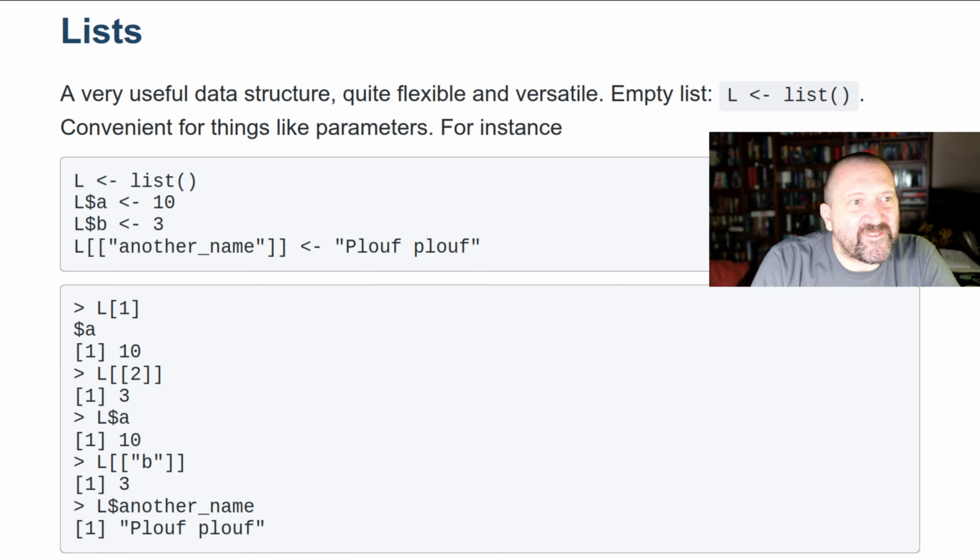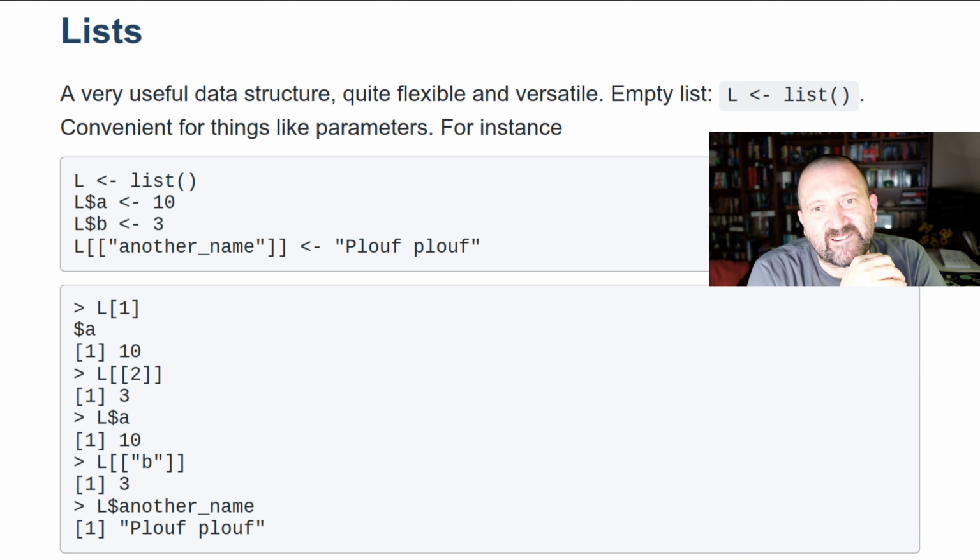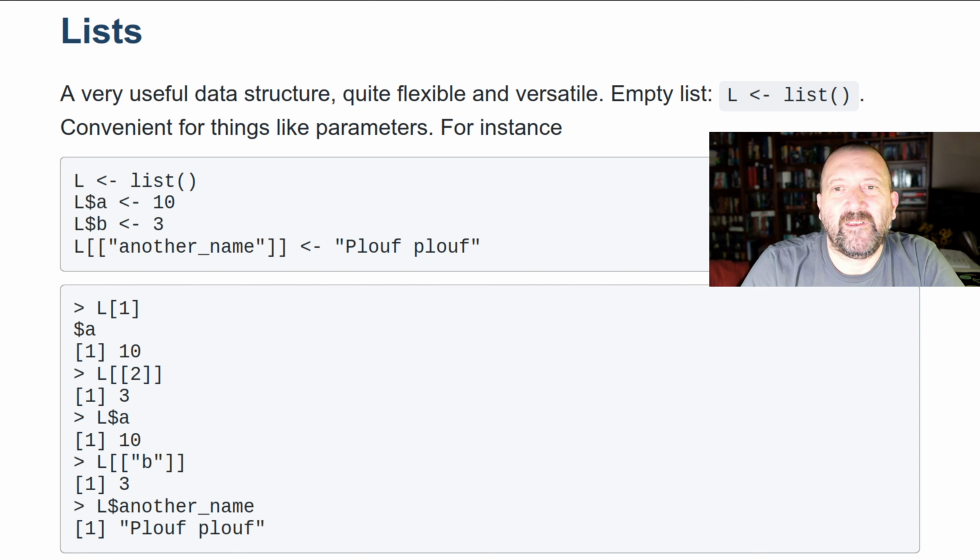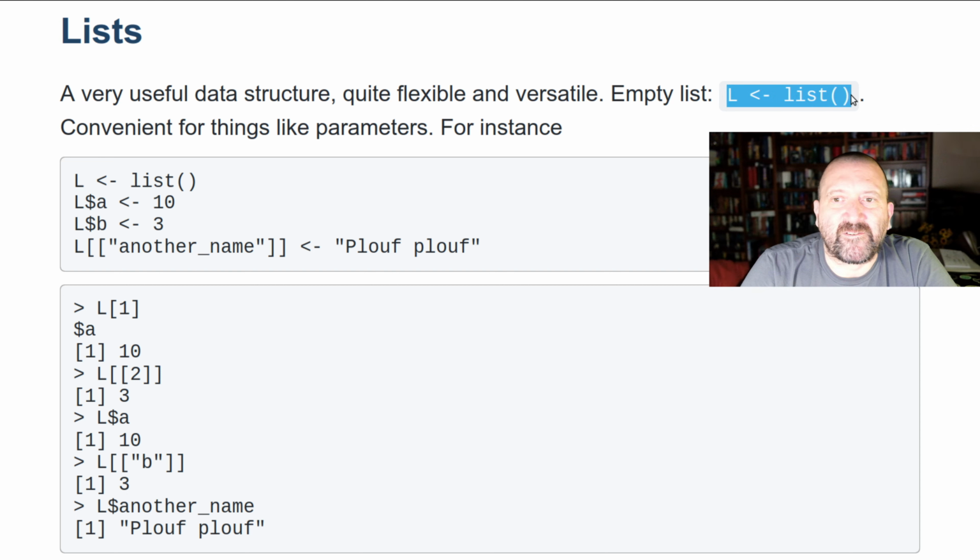Lists. So lists are very important in R. If you're coming from C / MATLAB, etc. environments, lists are the sort of equivalent of structures in C, although they're more flexible in the sense that they don't require you to define a data structure before you use it. So you create an empty list by just passing this function, and then you populate the list by